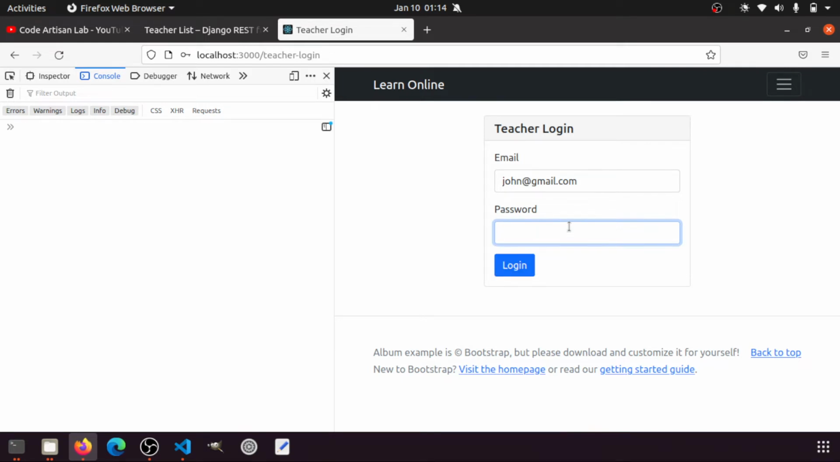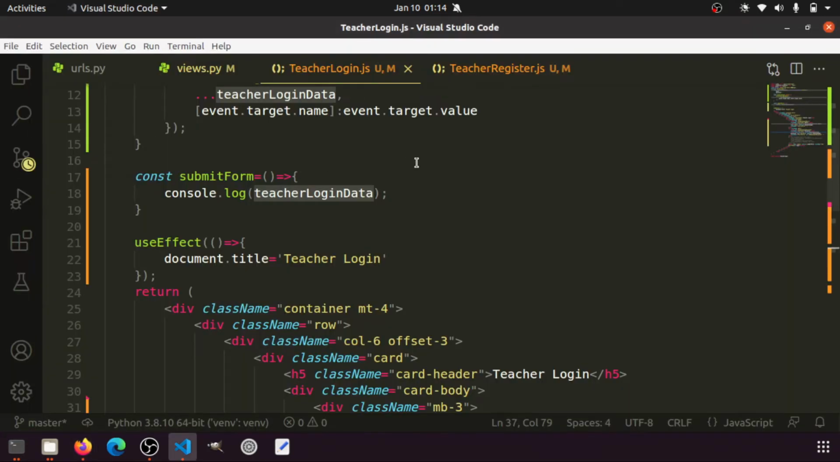Oh, numlock 123123 and login. Here you can see that we have data. Okay, so data is printing perfectly. Now we will send this data via server to our URL. So